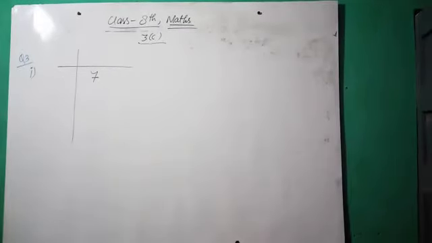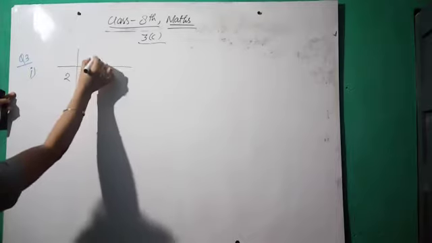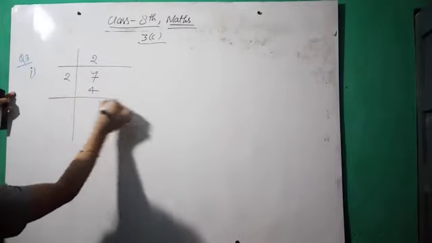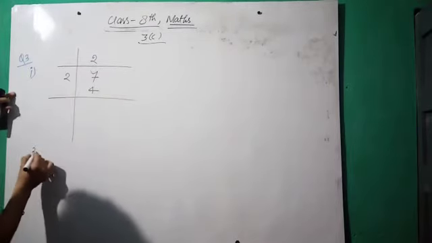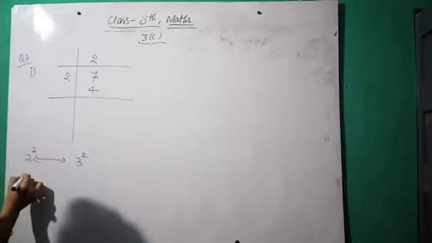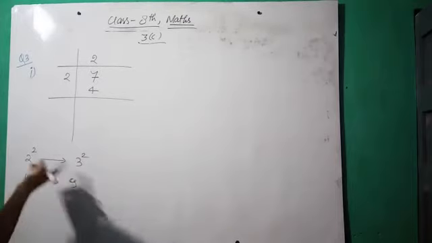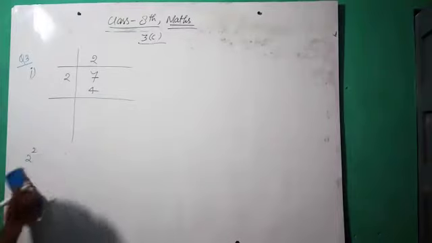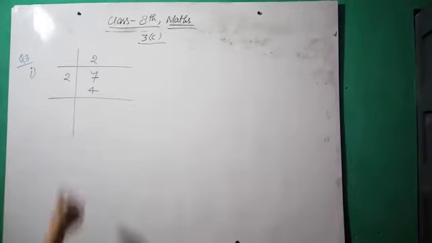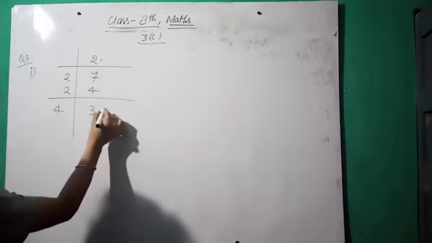Question number 3, first part: we have to find out the square root of 7 up to 2 decimal places. Okay, so start with this. First we have to divide it by 2. 2 to the 4, and as we know, 7 is between the squares of 2 and 3, that is 4 and 9. So our answer must be 2 point something. So 3. Now take point here, 2 to the 4 and place 2 0.